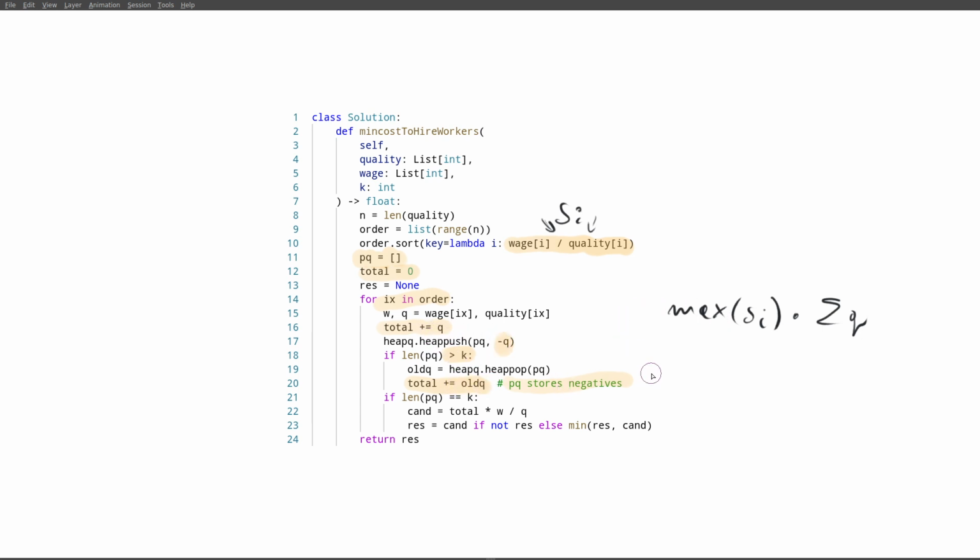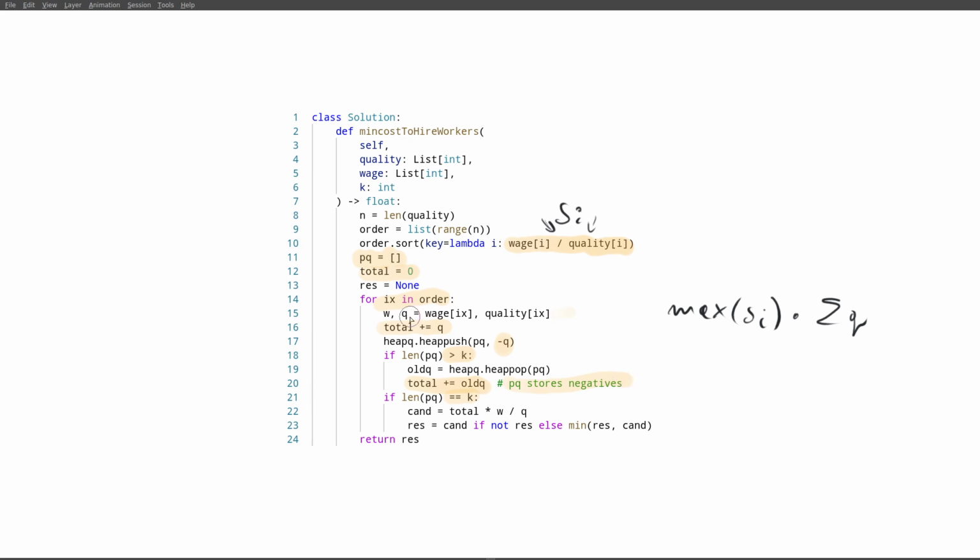Perhaps that's not the most readable solution, but this is, let's say, a bit of a competitive programming instead of clean code solution, but it's good to see many other versions, because in other solutions I tend to make things a bit more readable. So if you didn't know about this trick, here is a demonstration how you can use this instead of trying to come up with how to reverse the order for which the priority queue will hold items. And now if we have k people on our priority queue, those will be the k people with smallest qualities,